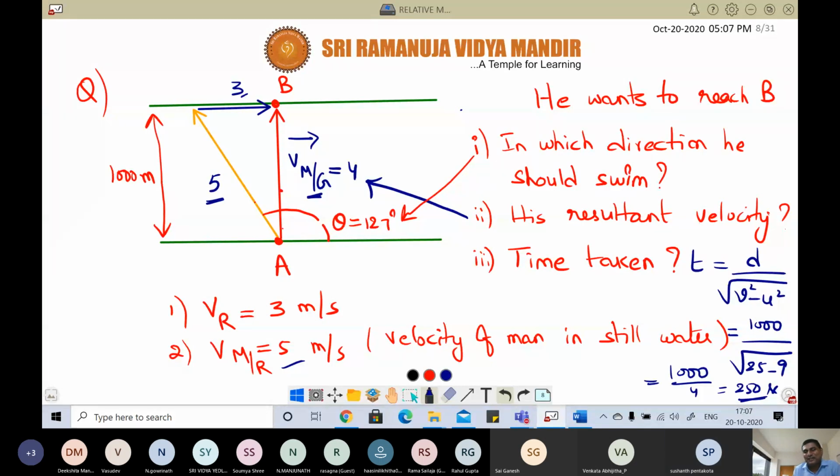Simple or not? Simple, sir. Then why you are taking so much time? Everything is there in the triangle. That's why now you must have understood the importance of vectors. Of course, after covering these many classes, now you don't even need vectors also. Only 3 quantities are there: man's effort, river velocity, and man's velocity with respect to ground. Everything will be moving around these 3 quantities only. They cannot ask a 4th quantity. Any problem will be around these 3 quantities. Only thing is different cases and different ways of giving the problem.